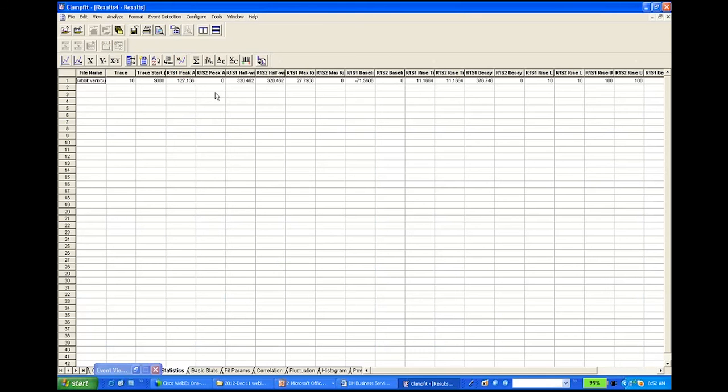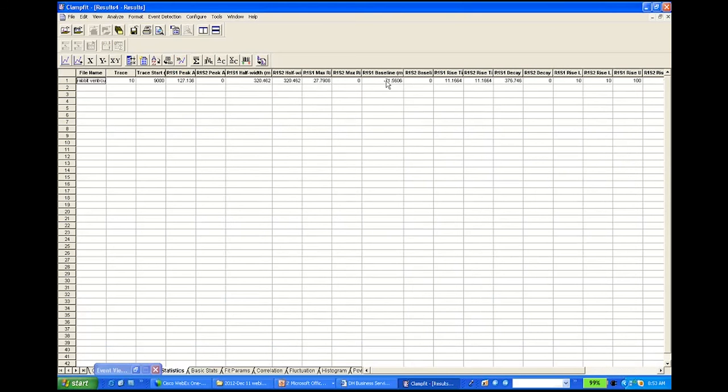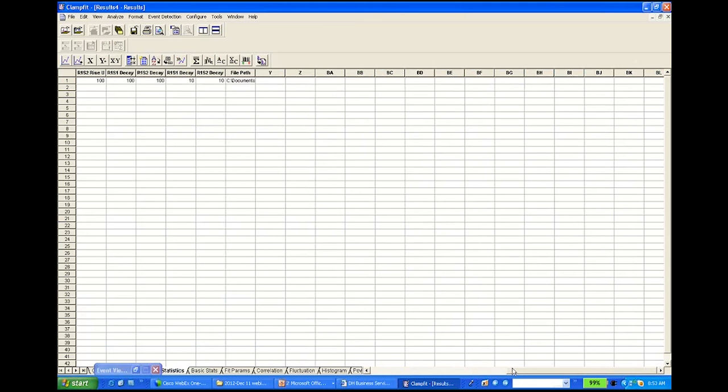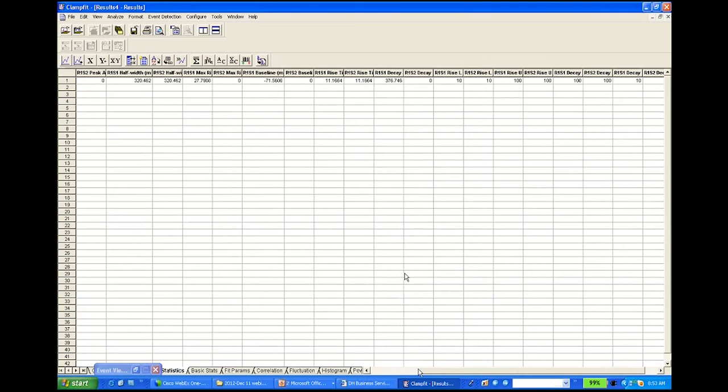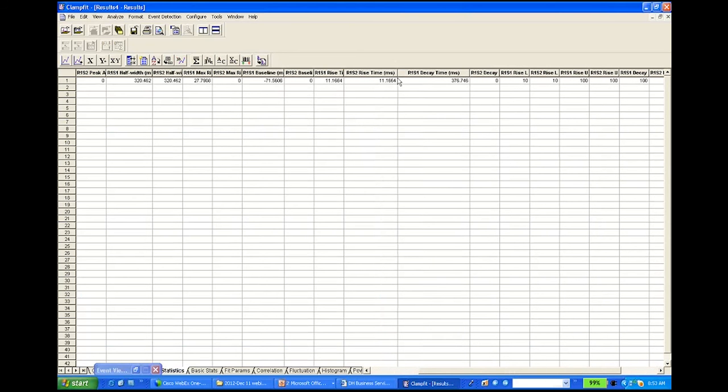So you can see that is the peak value. Okay, this is for the half width. And then you will see this is the baseline. This is for the resting membrane potential. Okay. So you can see the rise time and the decay time, right? So basically, these added together will give you APD 90%, or this number is the APD 90% of repolarization, from the peak to 10% of 90% of the peak. Okay, so